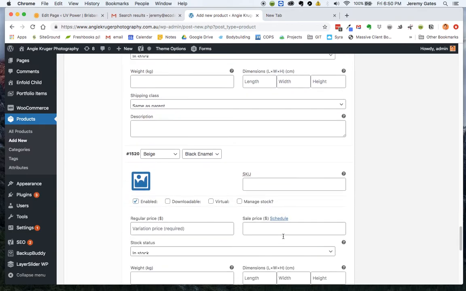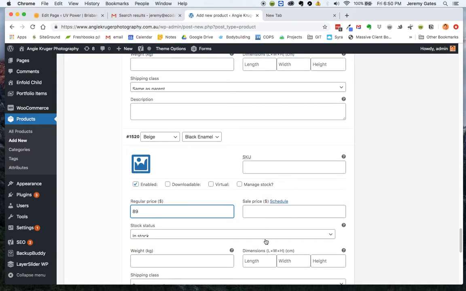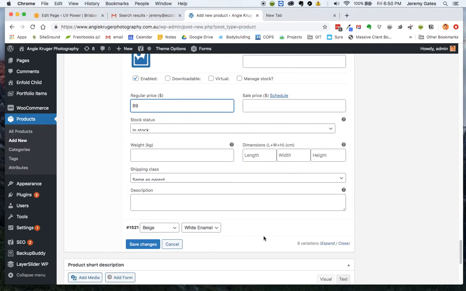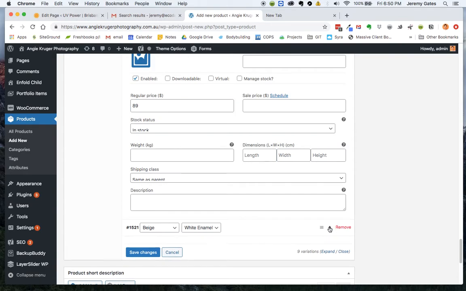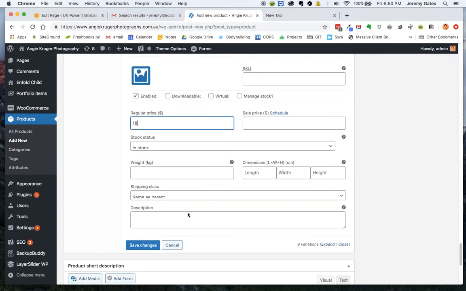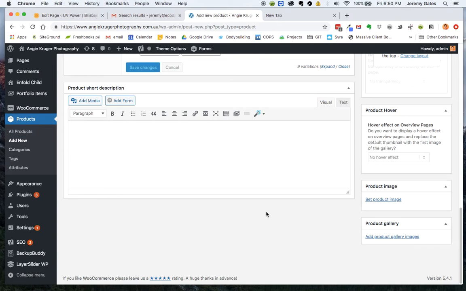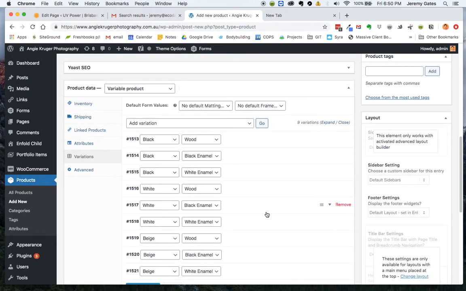Okay. So the annoying thing about creating these variations, as you may have already picked up, is that you can't set a default price for a particular variation item. So you can't just say, okay, if it's beige, it's going to be $9, and if it's white enamel, it'll be $9, and so that will add up to 18. You've got to put all the pricing in individually. So anyway, the good news is you go through that once, and we can now